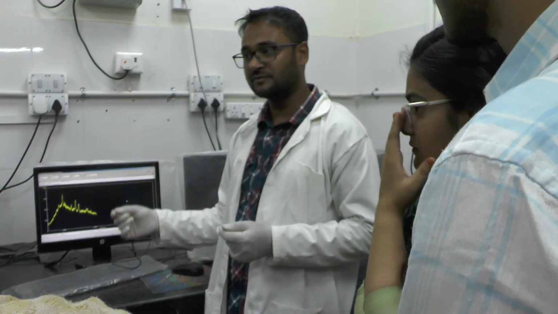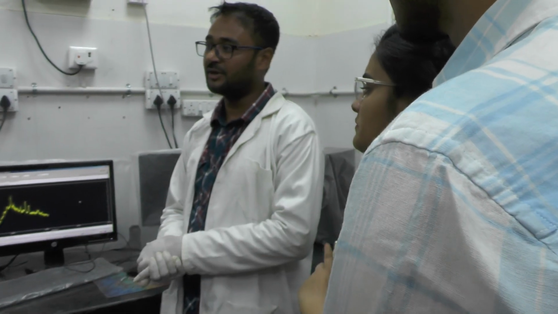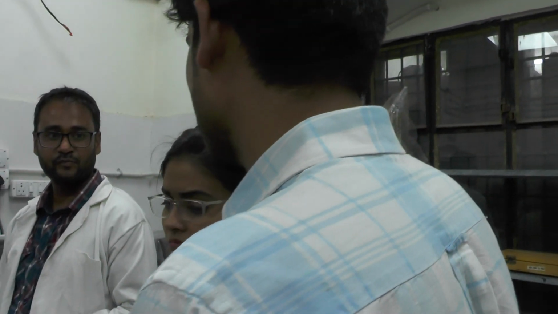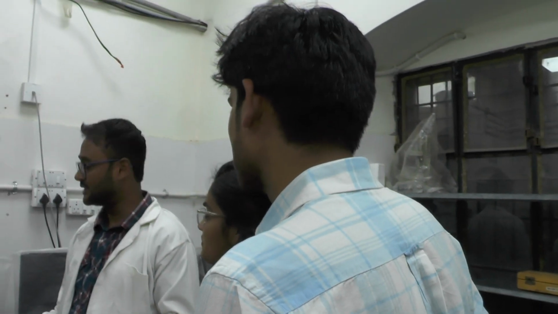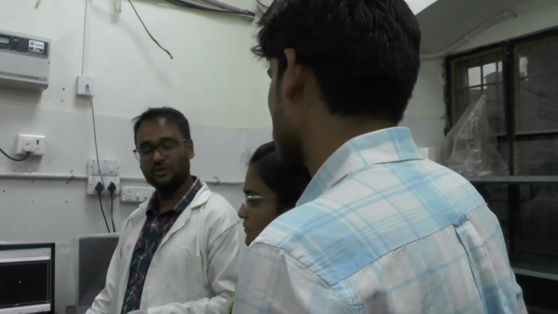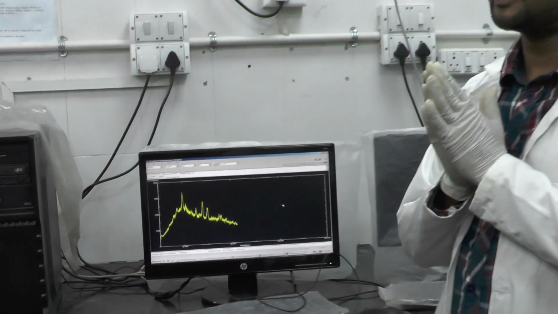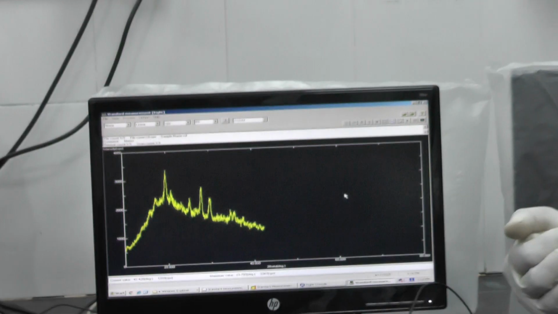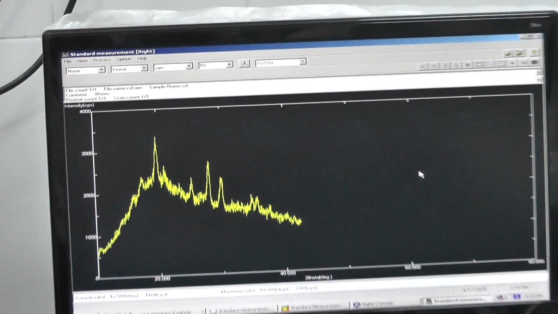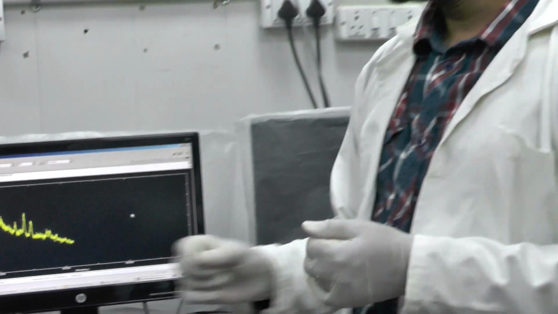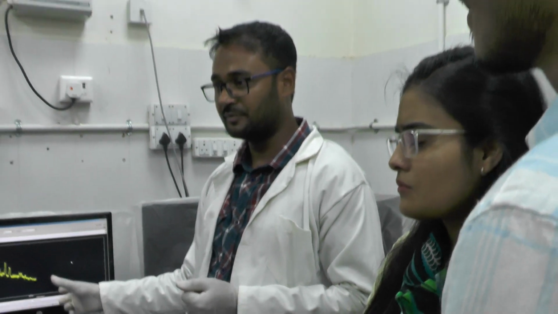For example, gold and silver give us the same XRD peak. So we are only getting the nature, whether it is crystalline or not, that is all we know. Even if it's crystalline, for example, gold and silver have the same XRD peaks, right? It is a characteristic of a material.